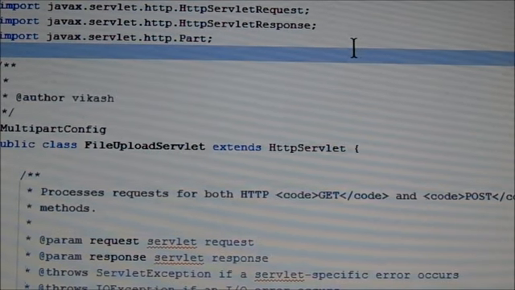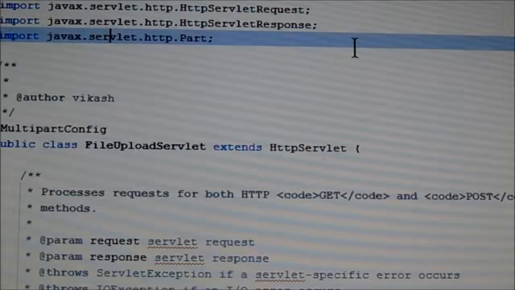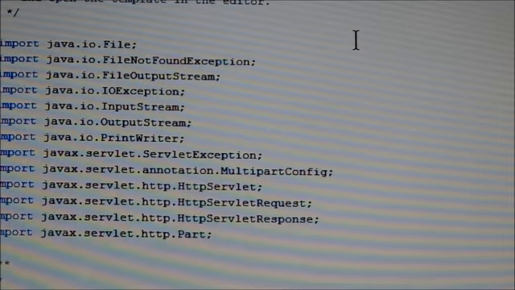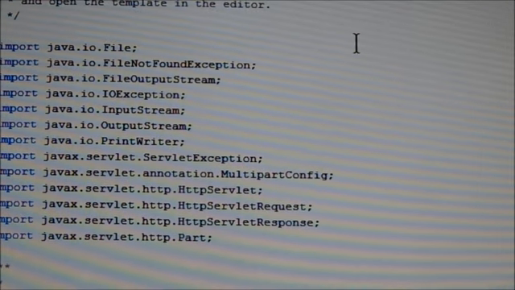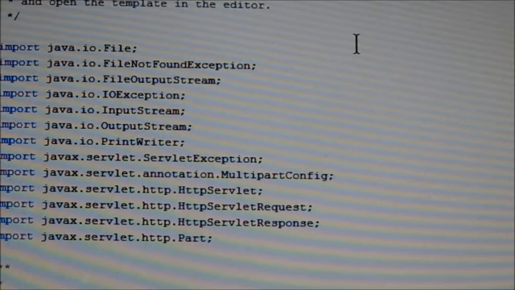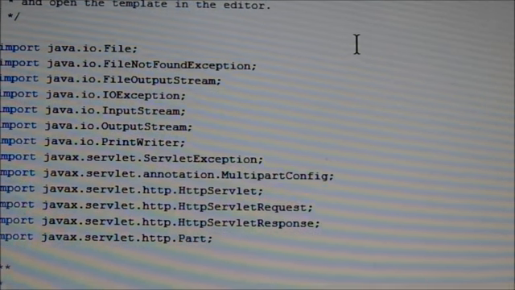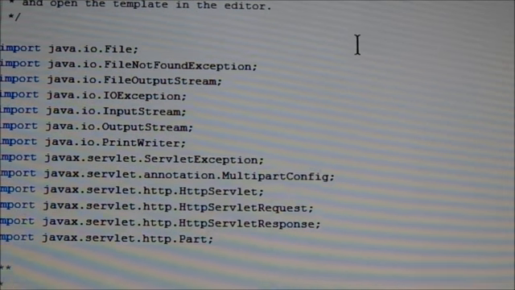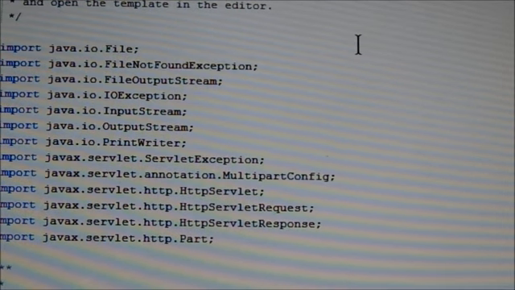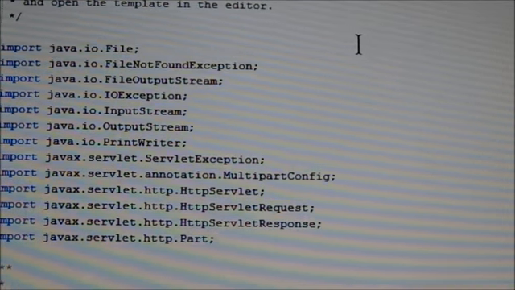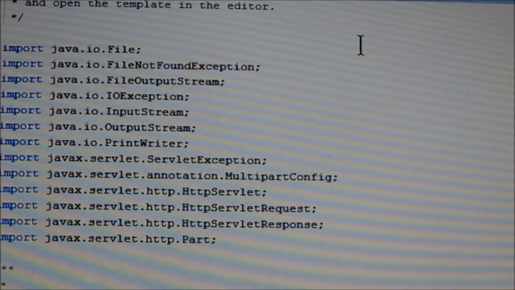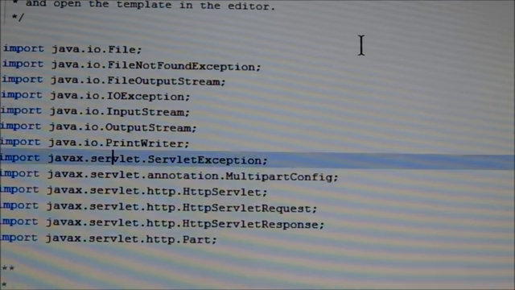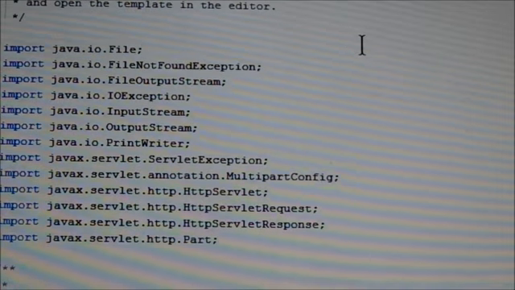Here we are using a file output stream. These are the imports: java.io.File, java.io.FileNotFoundException, java.io.FileOutputStream, java.io.IOException, java.io.InputStream, java.io.OutputStream, java.io.PrintWriter, javax.servlet.ServletException, and so on, and multipart.